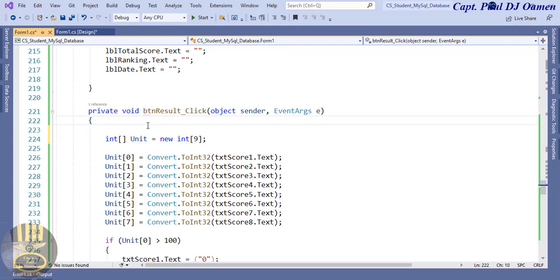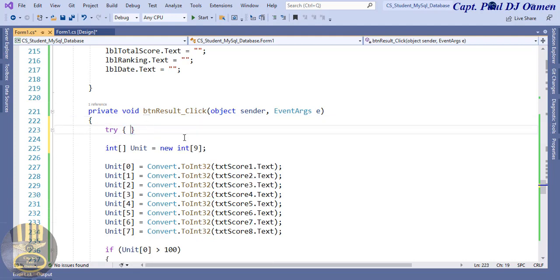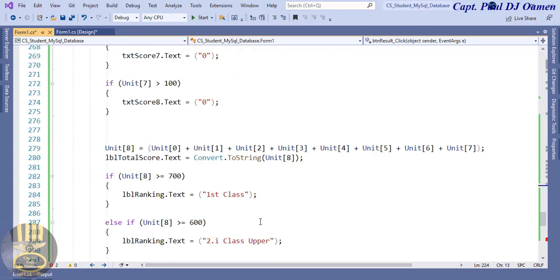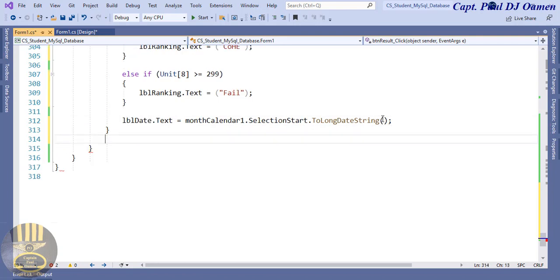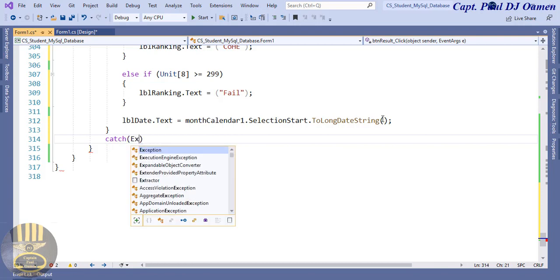Let's see what's going to happen with the try catch. Try, and bring this right down here. And catch, let's say exception ex,